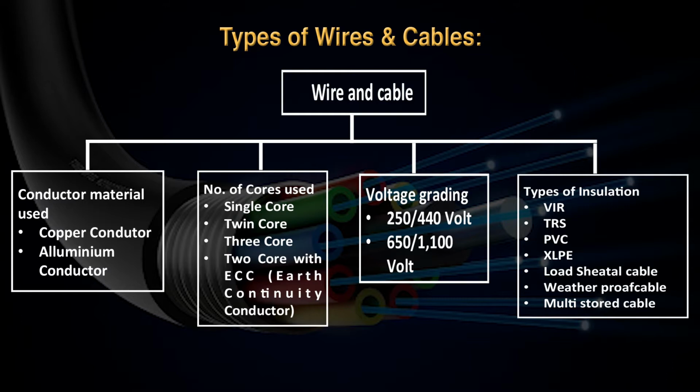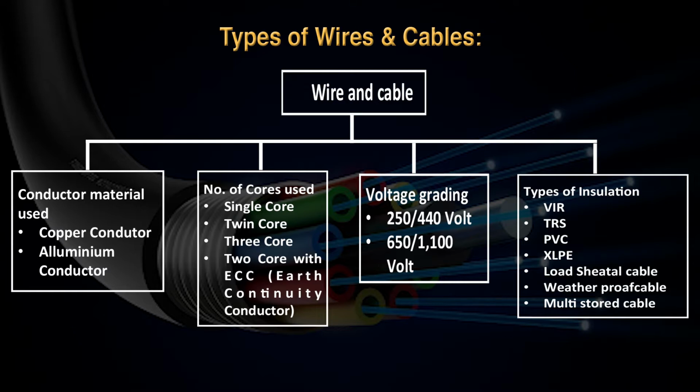On the basis of the number of cores, they can be classified as single core, twin core, 3 core, and 2 core with ECC, that is an earth continuity conductor. On the basis of the voltage grading, they can be classified as